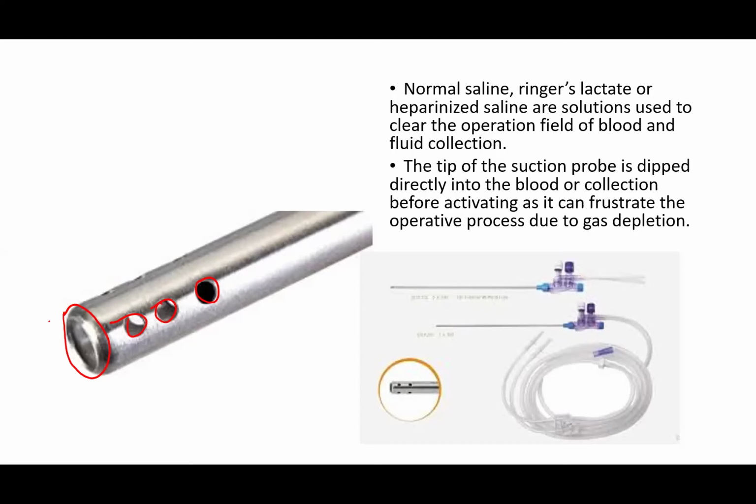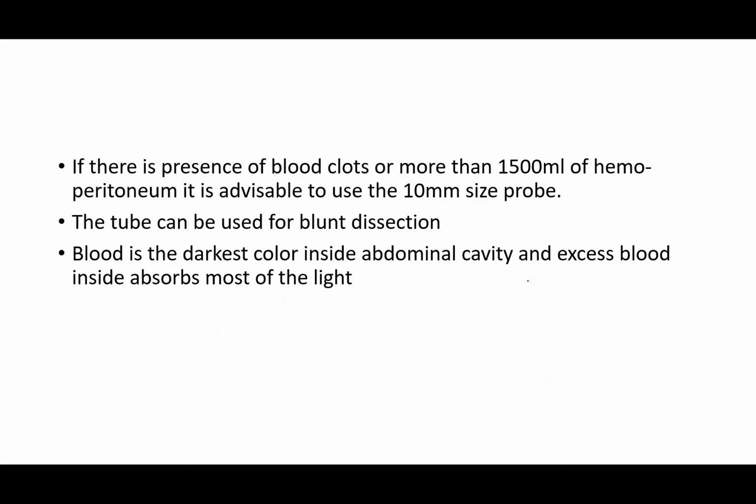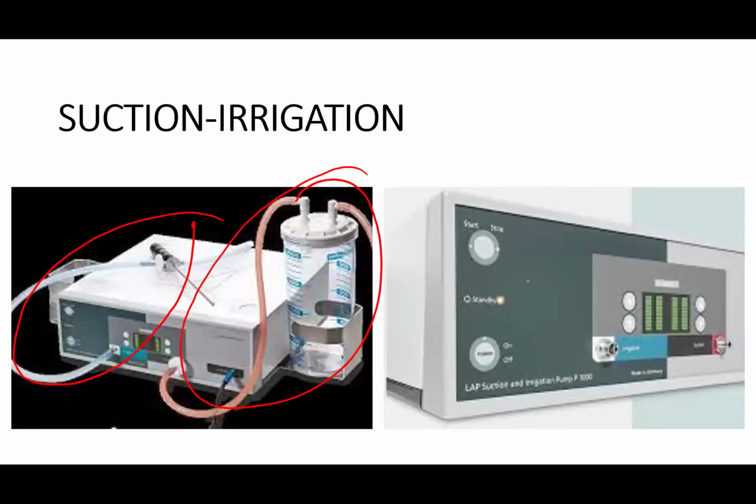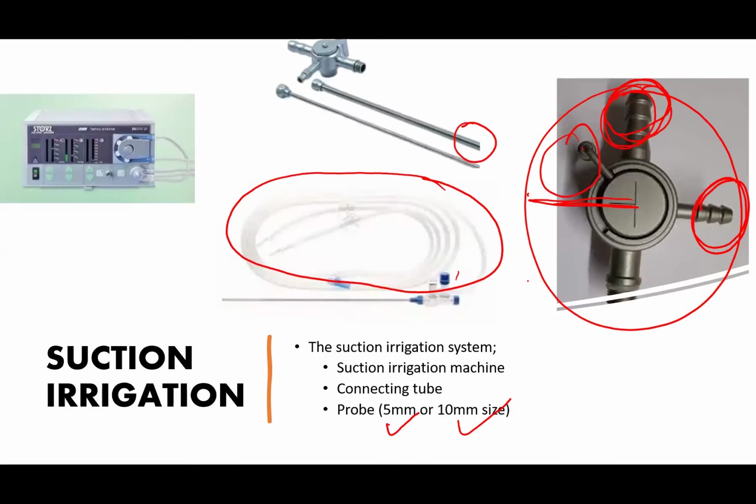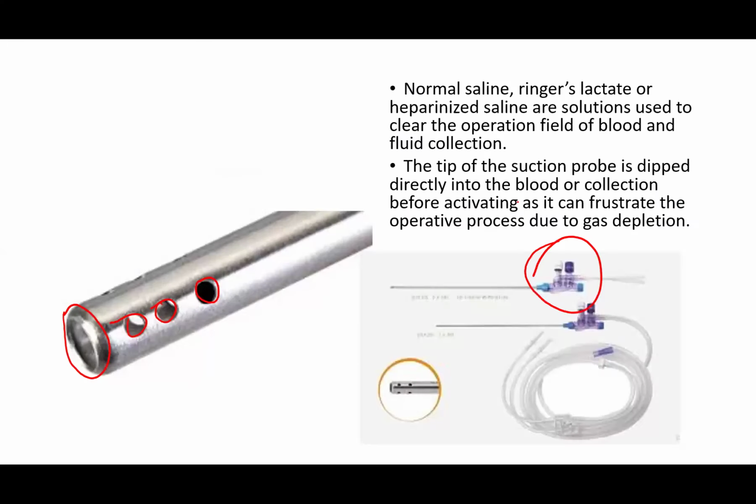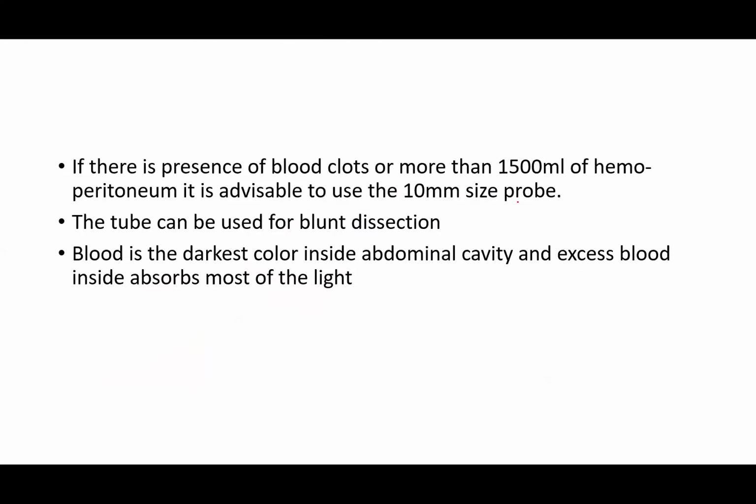That is, this suction nozzle has a button, but the other common one we use has a knob that when you pull it towards you, you are sucking out the fluid. If you push it forward, you are irrigating with fluid, and if it's at the middle, it's at the neutral position. Okay? So, if there is presence of blood